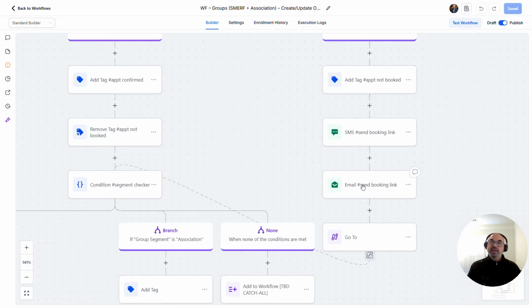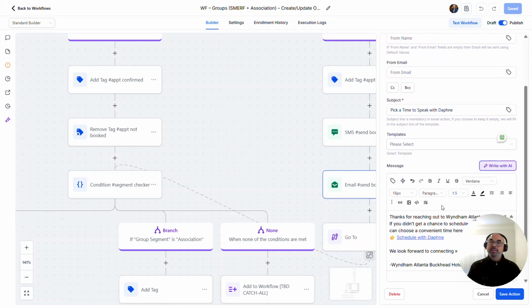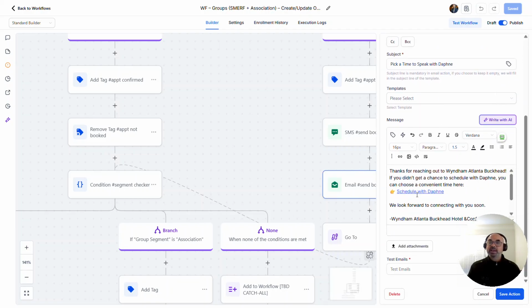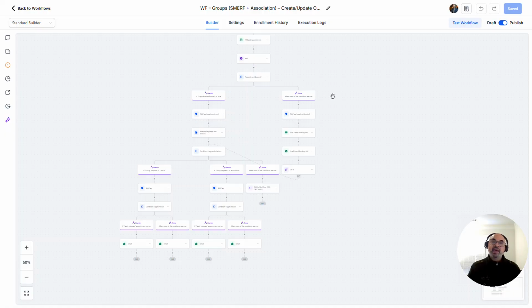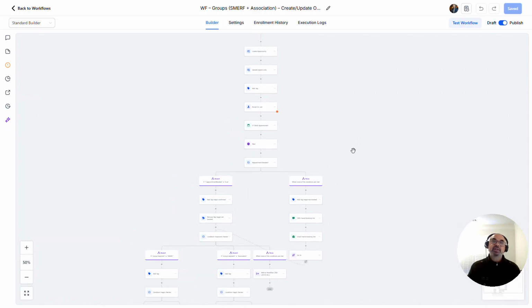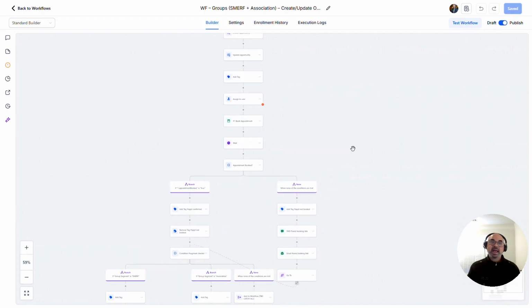And then there'll also be an email that will go out to the client besides the text message saying, "Hey, thanks for reaching out to the hotel. If you didn't get a chance to schedule your appointment with the sales manager, you can choose a convenient time here. Again, we have a link with the sales manager here." The whole entire system is designed to make sure that no lead gets lost and that we're capturing the leads for our sales managers so that they can follow up. So that's a high level, brief viewpoint of how the call comes in and how it gets dispositioned, all handled by your voice AI and your chat AI,